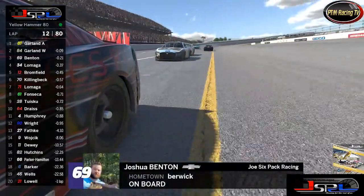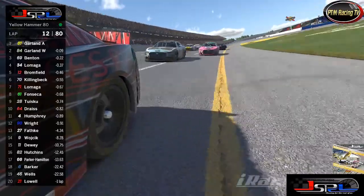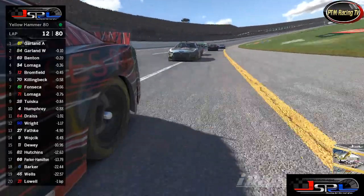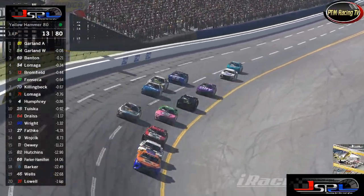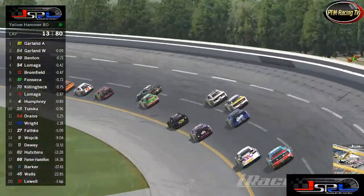On board yet again with the Aces race team machine, number 69, Joshua Benton. And you can see a good look at that outside line. Currently he is trying to make some maneuvers, trying to make something build up, but it's not quite gripping the same way I think he was hoping for. Car seems to just be a little too...